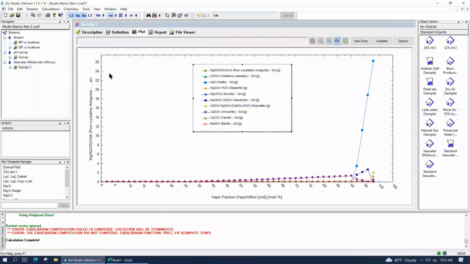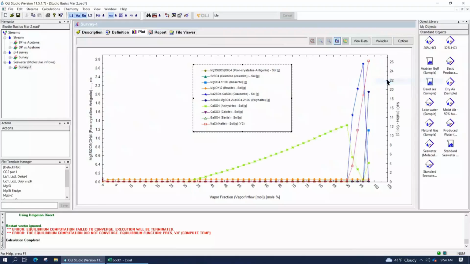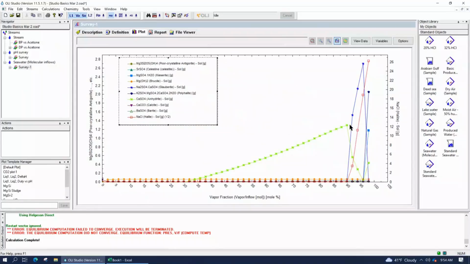The second option is to right mouse click on the sodium chloride, find any of the symbols for the sodium chloride and right mouse click on it. And then select switch to Y2. Let's take the one that is just higher than everything else and put that into the Y2 axis. But now sodium chloride is over here on this side. And now I can see on the Y1 axis, the left y-axis, more information.